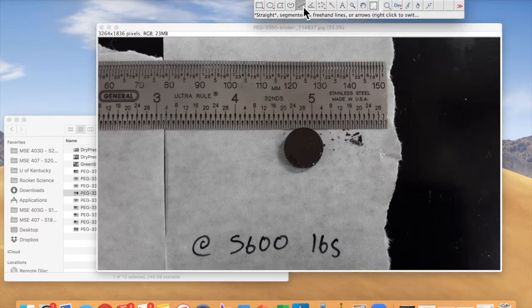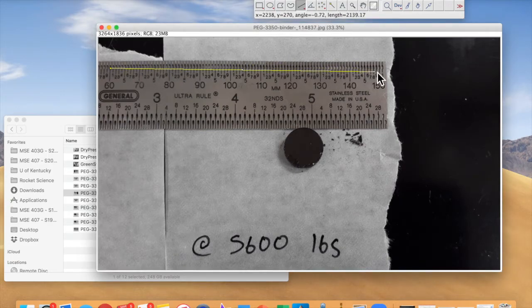So you want to select that, and then come back down here to the image and try to be as careful as you can and draw a line from a known distance. So for me, I'm going to select the distance from the 60 to the 150 mark in millimeters, right? And I'm going to try to make that as straight as possible on the ruler, and feel free to zoom in on the image and so forth if you need to